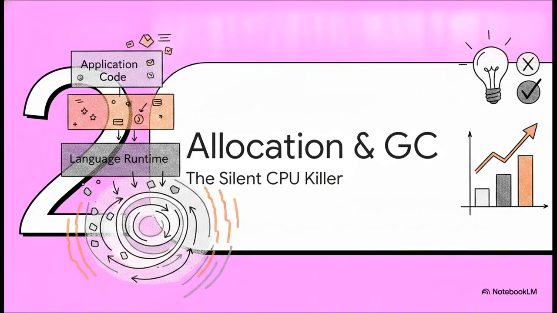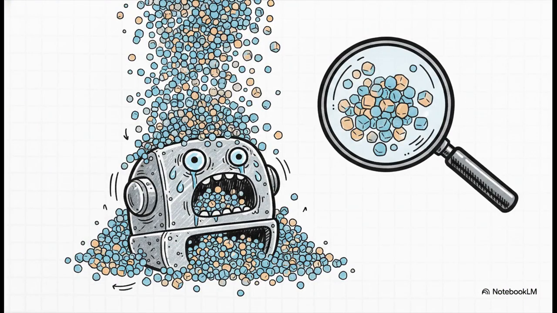Section 2. Allocation Churn and GC. Take a look at this super common Python pattern. We're just iterating over some database rows and appending a tiny dictionary to a list. Looks totally harmless, right? Well, in a high-throughput backend, creating millions of these tiny objects forces your garbage collector into